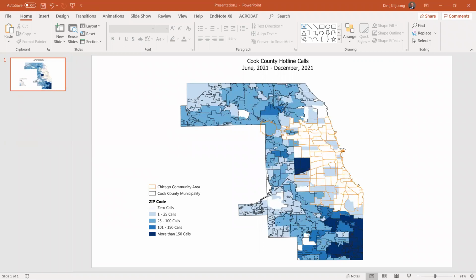I'm hoping that we can start cranking out some maps now that we're starting to get some data from our